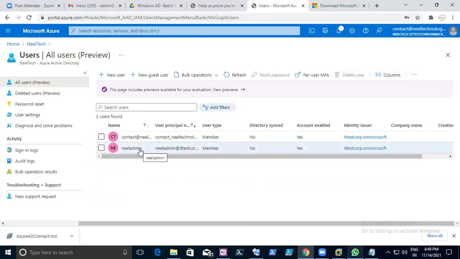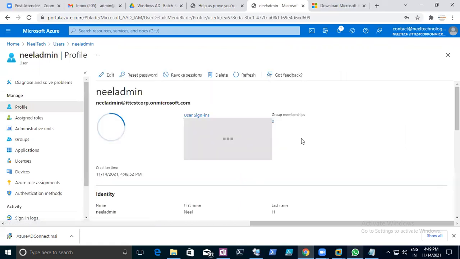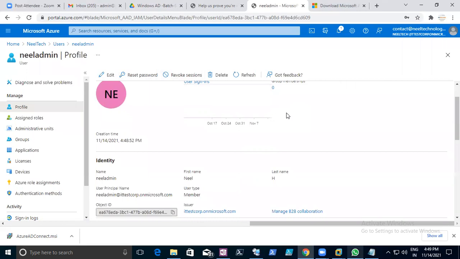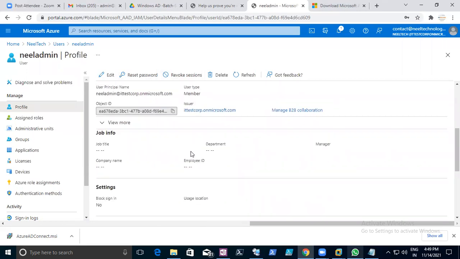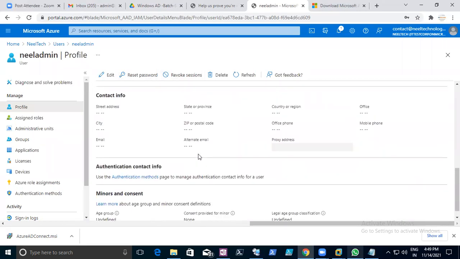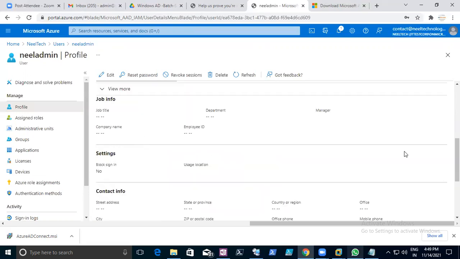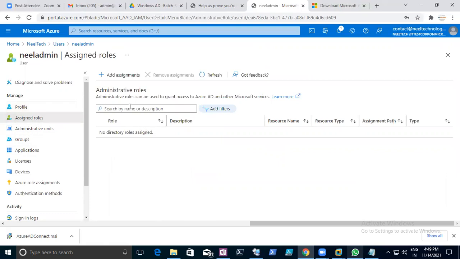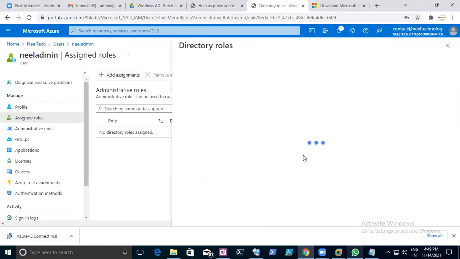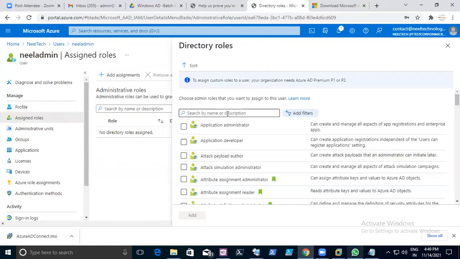So this user has to be added as part of the global role permission. Assign the permission. Assign a role. Add assignment.